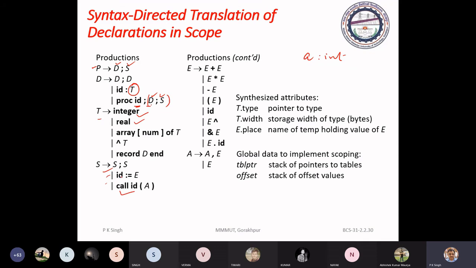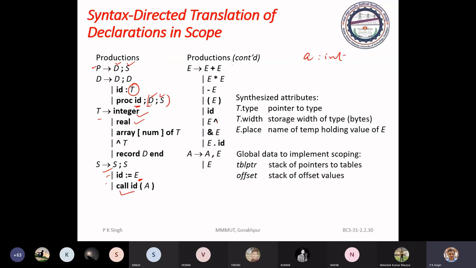You have seen during the discussion of the while construct that we discussed the production of the while statement. Similarly, this E supports these types of expressions. Just see, your grammar is modified.